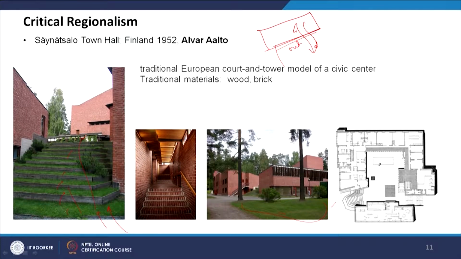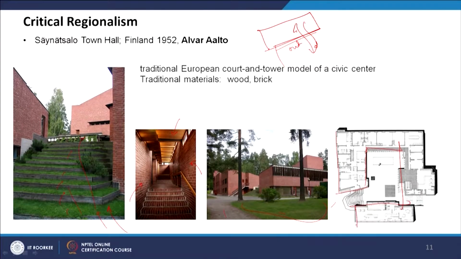Now, if you look at the building, this is exposed brick, and a lot of wooden work is used in the building, which is giving an earthy look, which also connects with the nature. So these are the colors which connect with the nature, not the pure primary colors. This green, brown, these are the tints. These are called the earthy tints, which connect the nature more strongly and blend the nature with the building.